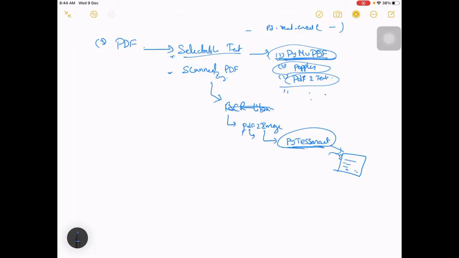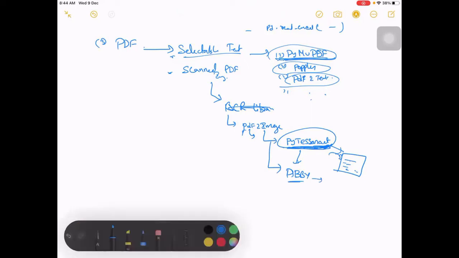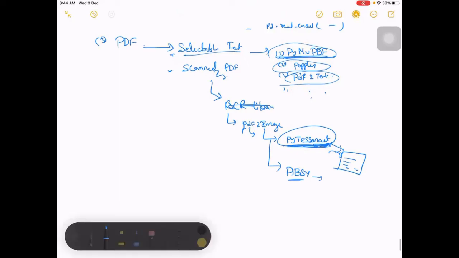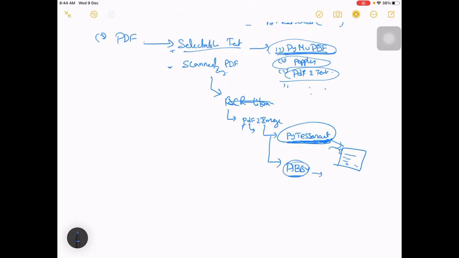Instead of pytesseract, if your organization has a licensed OCR, this is an open source one. If it has a licensed OCR, ABBYY is one licensed OCR which people use in organizations. But they cost per use, as it will be available as an API, so every API call will be charged.